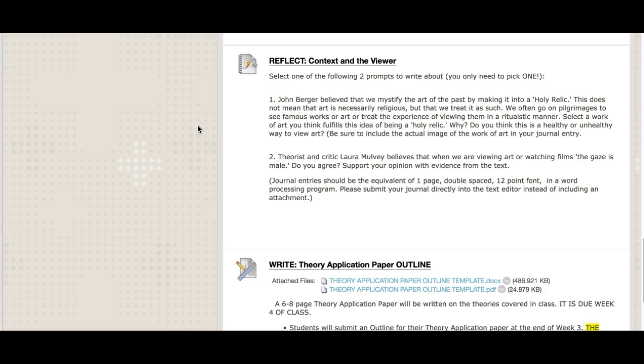These are good page-long journal entries, so give me more than a paragraph, but don't give me an essay. I don't want you to spend hours and hours on this. This is more about sharing ideas and your opinion about these kinds of things, and learning to back up our opinions with data and some good supporting evidence.